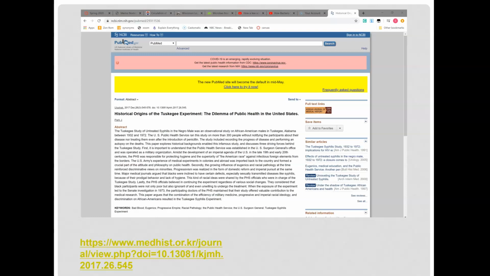So if you want to learn more about this, there's lots of articles online. I would encourage you to look through PubMed. If you don't know about PubMed, it's a really great website. It's basically ncbi, I think it's .gov. Yeah, here it is up at the top. I also included the citation here if you want to click on it and read the actual article. But it's a really interesting